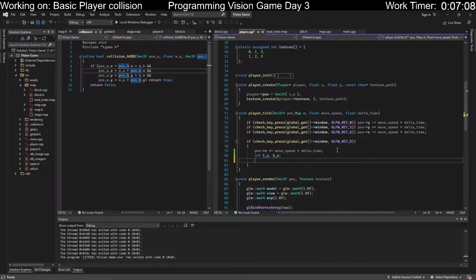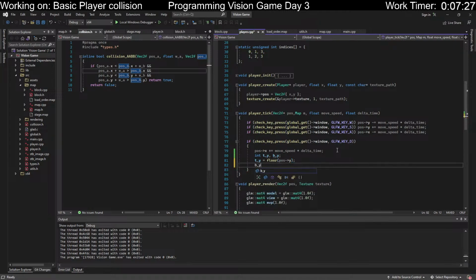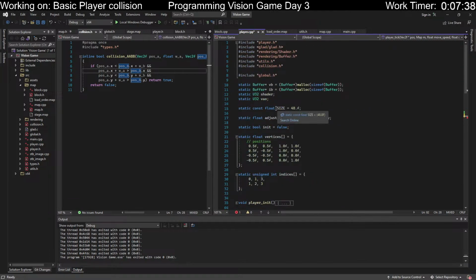Int ty is equal to round down that, and then our bottom y is equal to ceiling of our y plus